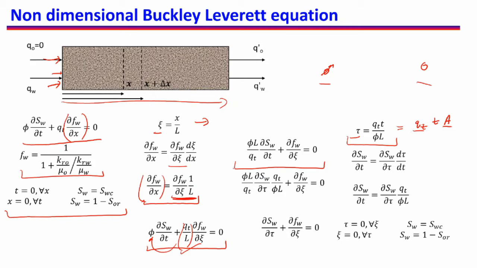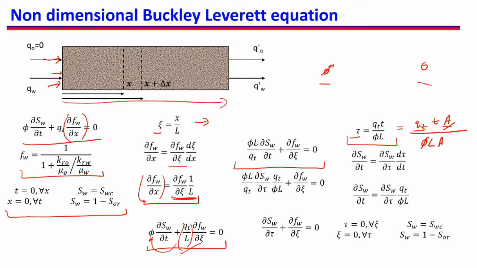In that case, qt multiplied by A will tell us the total flow rate of water that we are injecting. And if we multiply it with t, where t is from 0 to T, the time duration through which water injection has happened, then qt multiplied by t multiplied by area will give me the total volume of water that I have injected. Now if I divide this by phi L, here also if I multiply with cross-sectional area,